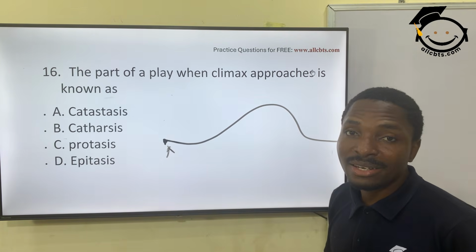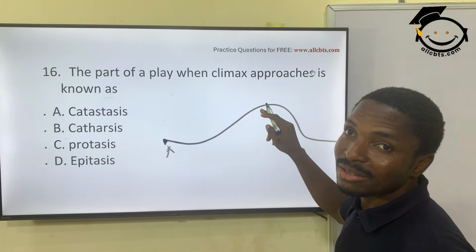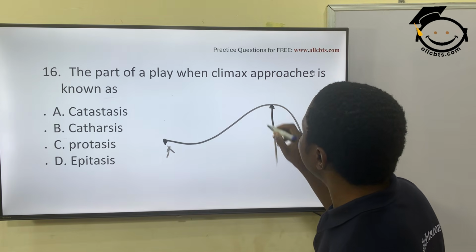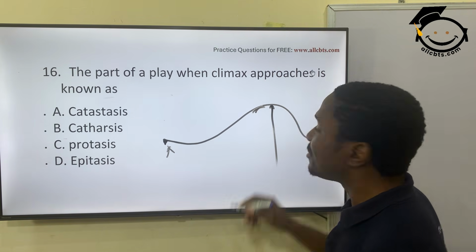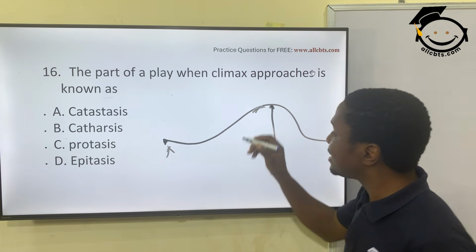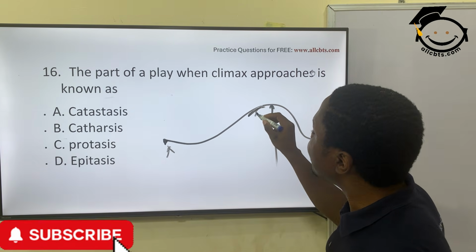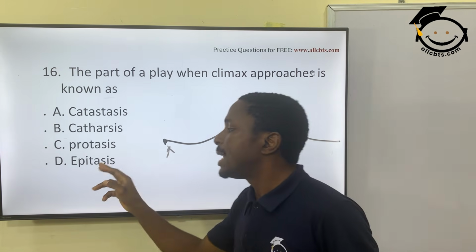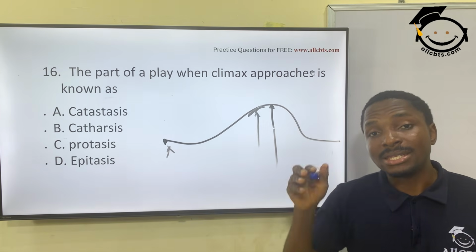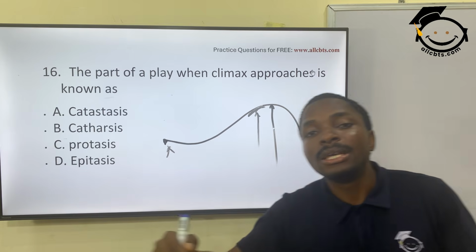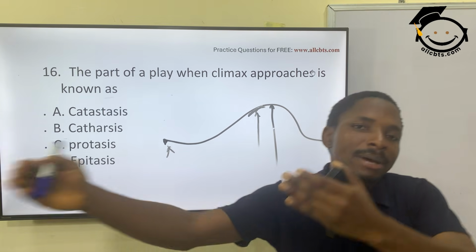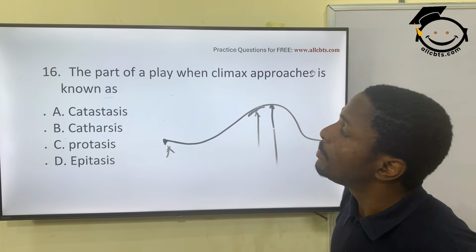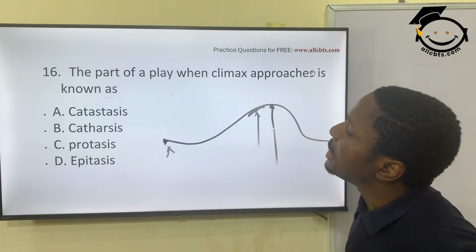You started from here. You got to the expressway, and on the expressway you fired it for a while. This is your climax, right? Now, this area is the area before your climax. So what is this area called in literature? And that is the word epitasis. Epitasis is the part of the play that is pre-climax, before you get to the height of events, or the height of suspense in the play.